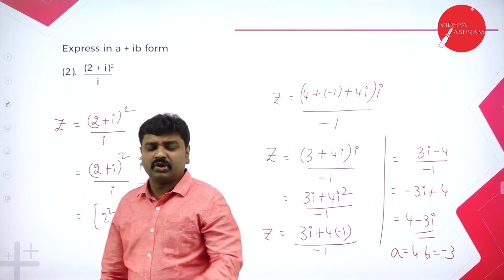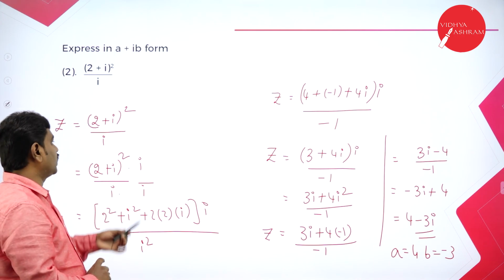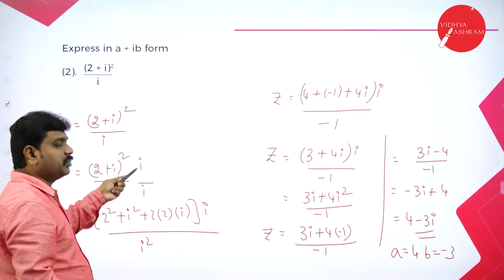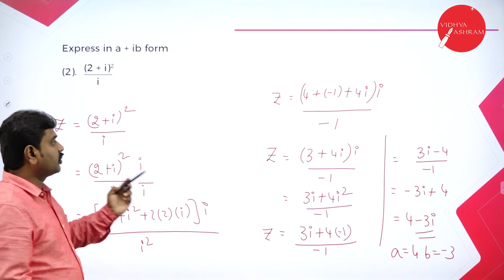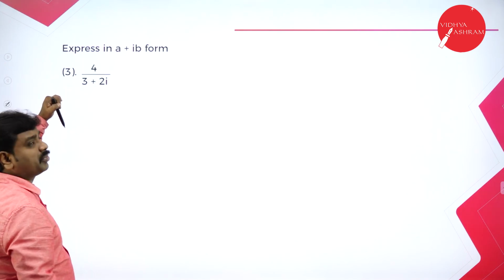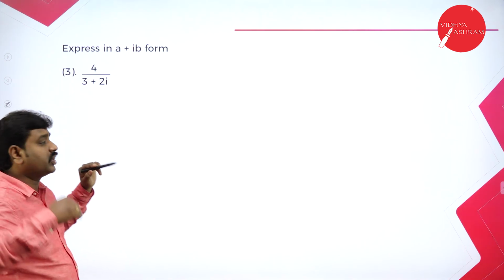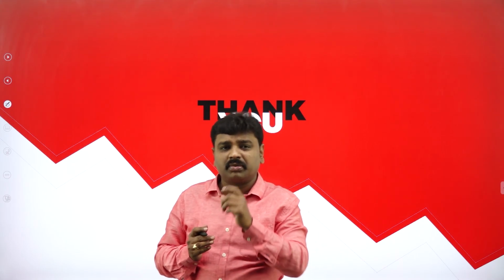So any problem, you should observe whether the denominator is i. If the denominator is i, rationalize it and cancel. If only i is there, divide and multiply by i. This is the hint. So now you can solve all the problems of this kind. So again, here 4 divided by 3 plus i is there. What is the rationalizing factor? Divide and multiply by 3 minus 2i. Similarly, solve the last problem by rationalizing.